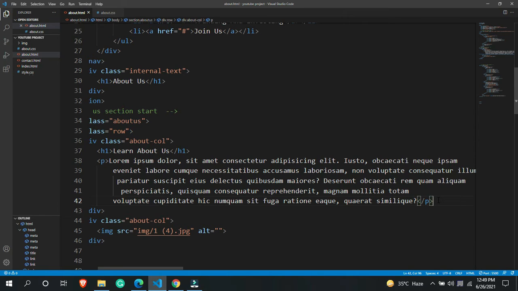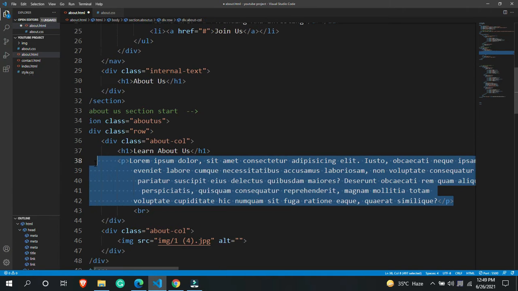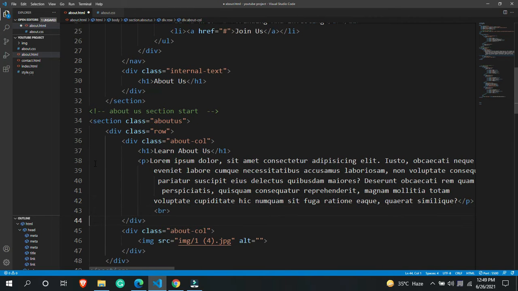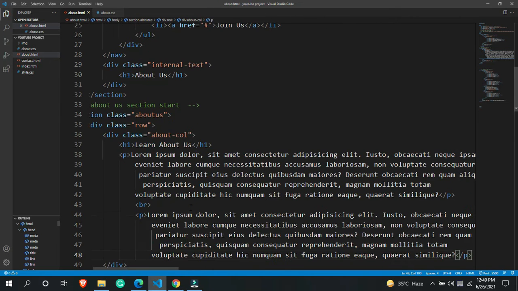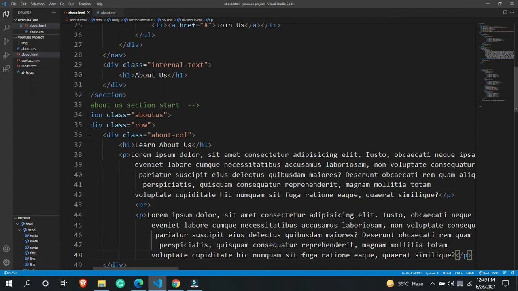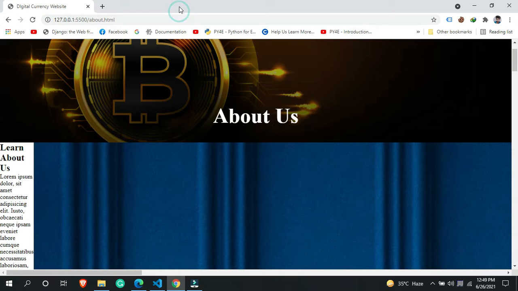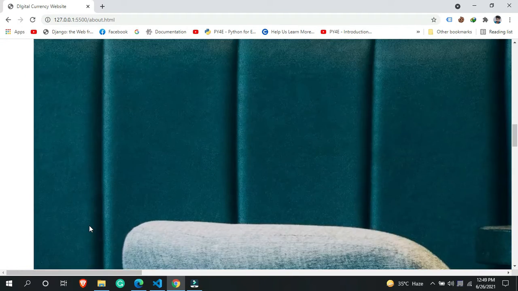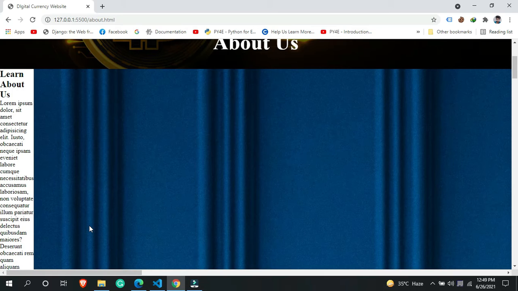Okay, then after that let me add another br over here. Okay, and then inside this br let me replicate this paragraph over here. So I'm going to copy it, and you can also use Control D, but after I've already added the br, we are getting all of these things over here. Okay, so why my server is running too late, I don't know. So we just completely got this particular thing.